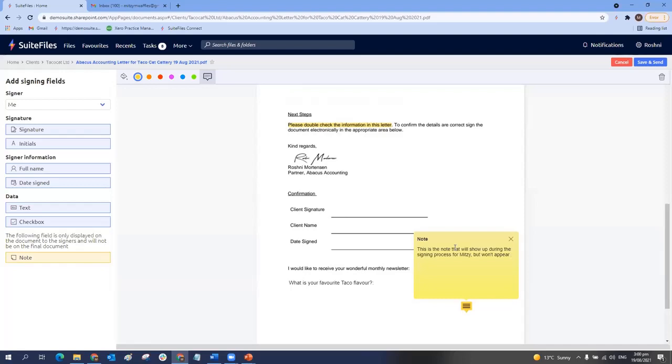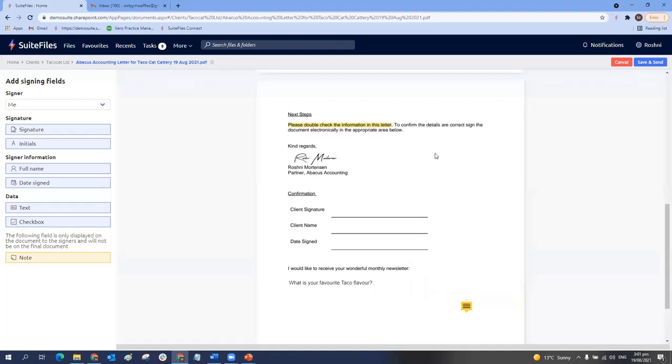So as I mentioned before, this is just going to show up for Mitzi as she signs the document, but it's not going to appear on the final signed document. Perfect. So click out of that. And what I'll do next is I'll just switch across